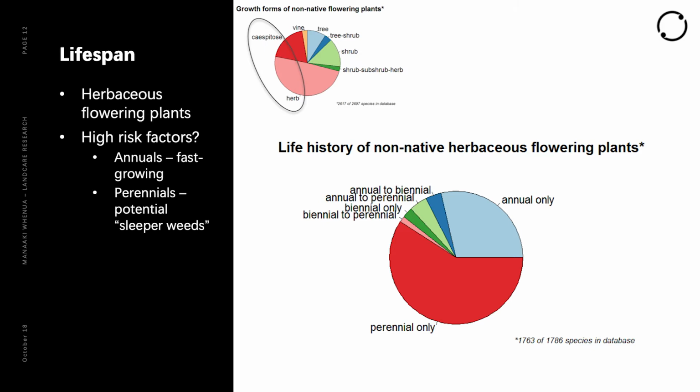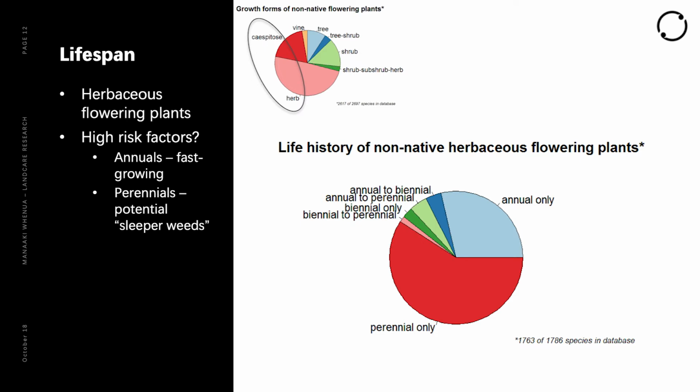which, to me, was a bit of a surprise, because we think of a lot of annual species as being very weedy. And it could be that knowing which species have an annual habit is really important, because that starts to suggest they'd have fast growth rates, high reproduction, and also some implications for not holding soil well, or being more flammable potentially. But also I think understanding about other aspects that could make perennial weeds of higher risk, potentially being sleeper